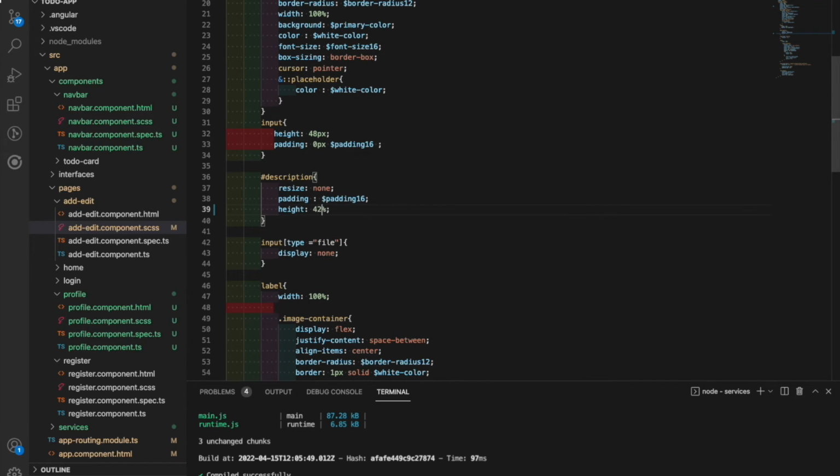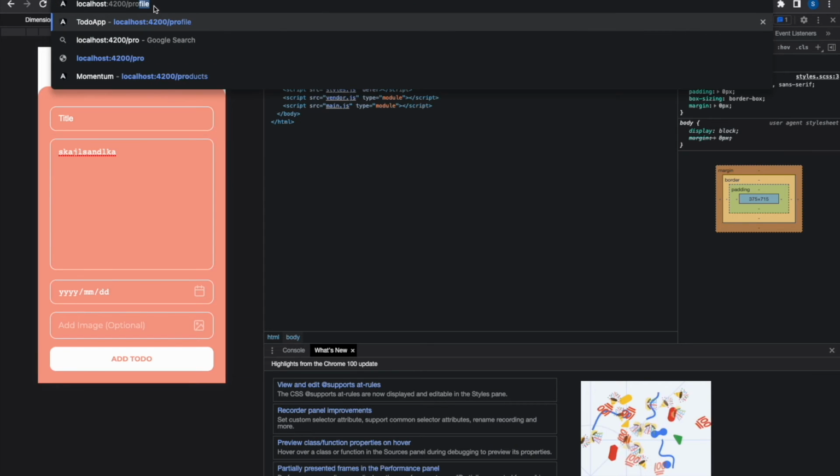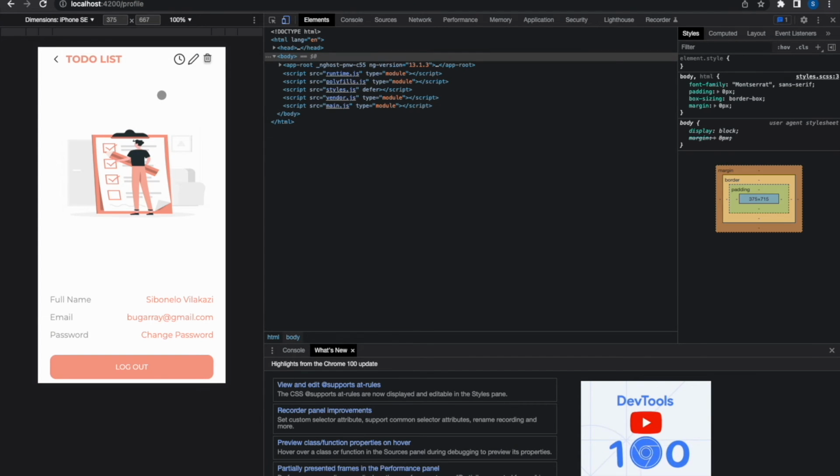So 42%. This is just trial and error. You see, this is what you do with dev. You try this, it won't work out, then try the other, right? So we still have stuff working fine over there, right? So if we now go to our profile page, yeah, things are still looking all good in our profile page,